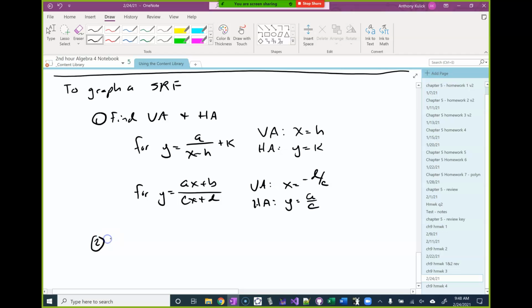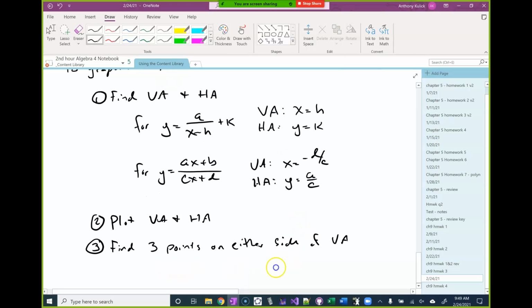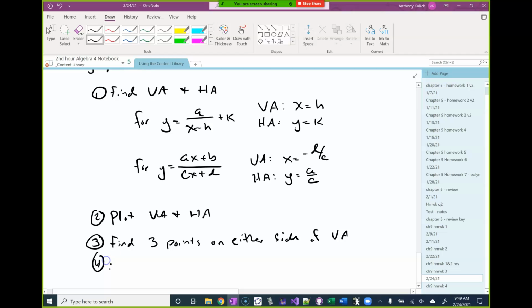The first one we'll look at is y equals 1 over x minus 3, minus 2. So we'll start by finding our vertical and horizontal asymptotes. Remember that the vertical asymptote is x equals h. So in this case, our value for h is